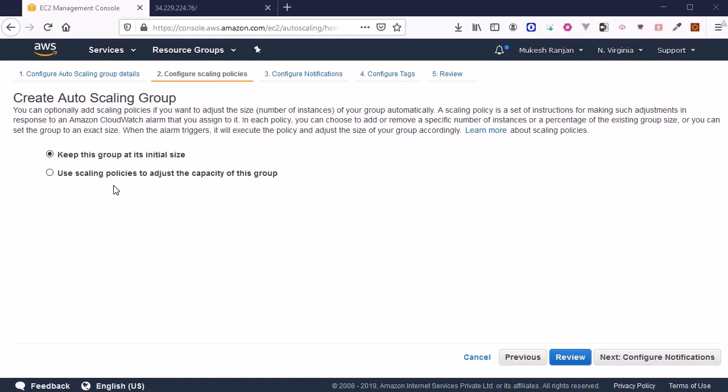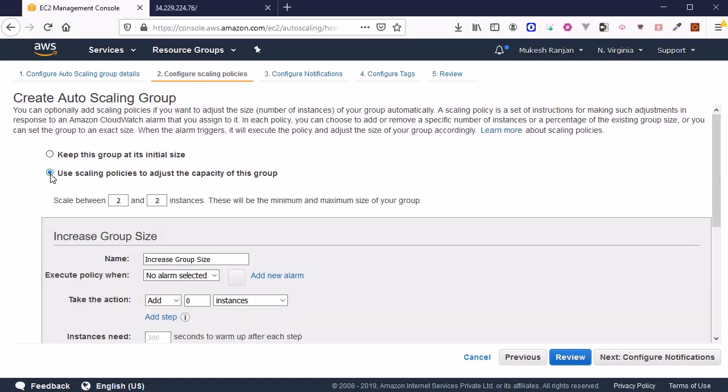This is really very important. If you remember, we have specified how many EC2 instances will be executing in this auto scaling group. We have specified 2. So this is really important. Suppose we want to increase and decrease the number of EC2 instances, that means if the traffic load is increasing and you want to increase the number of instances, then we need to come here and select the use scaling policies. We have earlier provided the size 2, so at any point of time it will maintain 2 EC2